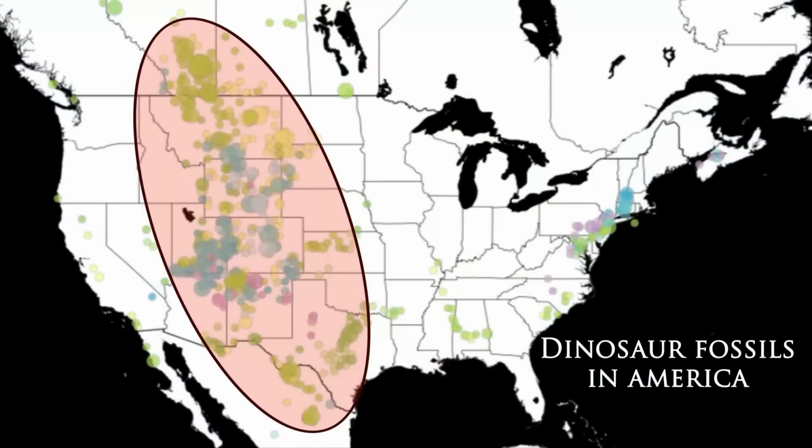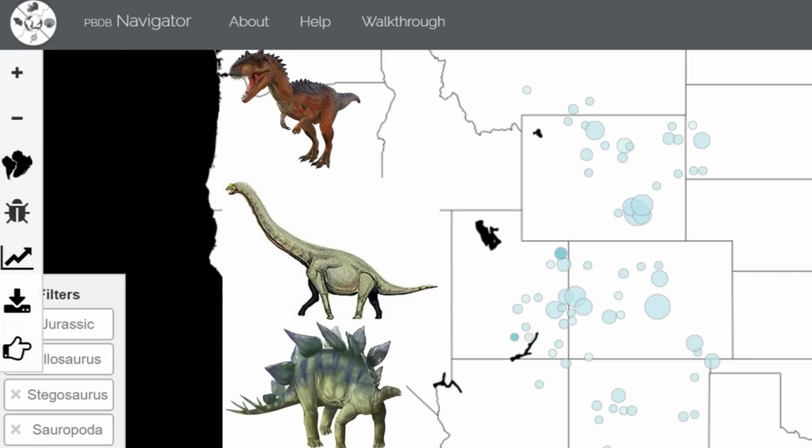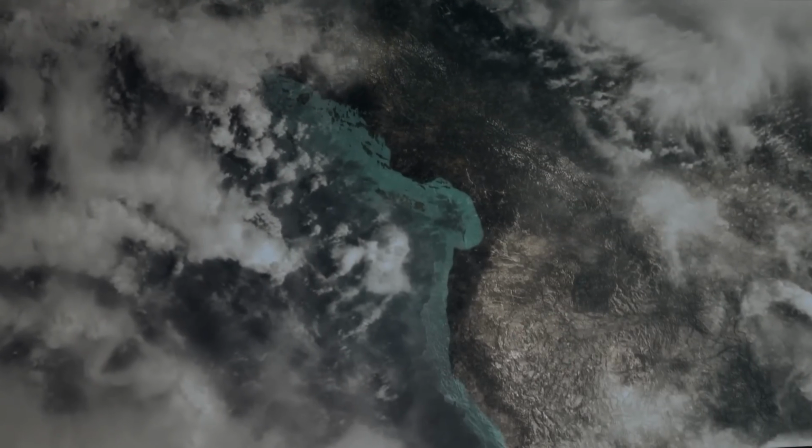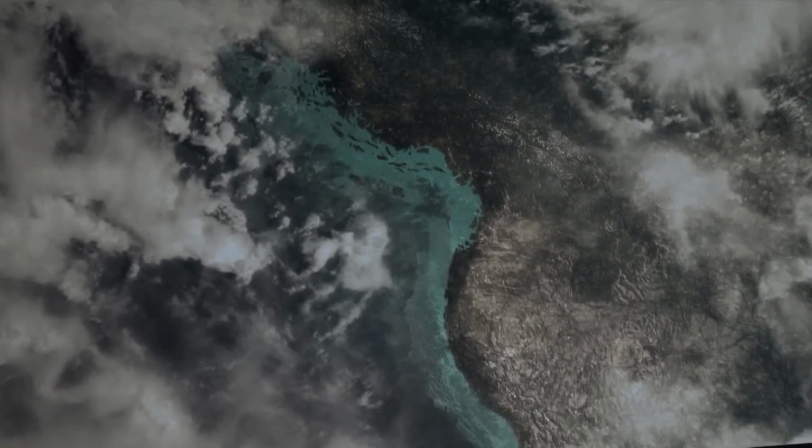If there was a worldwide flood that lasted about a year, we would expect all the dinosaur species in North America to be buried together at the same time and in the same regions. And this is exactly what we find. Just look at where all the Jurassic Allosaurus, sauropods, and Stegosaurus are buried in America. Same areas, same time, same event. Can there be any doubt that a worldwide catastrophic flood would be necessary for this to occur?